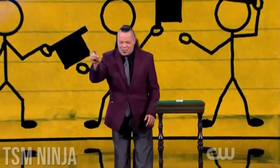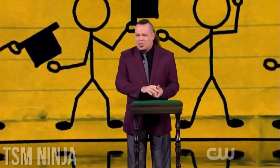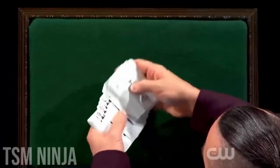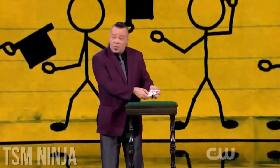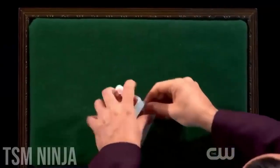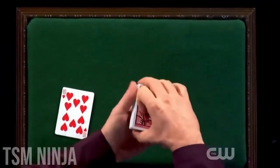Now, if I remember correctly, you've all decided on the 10 of hearts, yes? And you won't be surprised that there is, in fact, a 10 of hearts in this deck. And so I'm going to replace your imagination with something very, very real. An actual card, the 10 of hearts, so that we don't forget which one you've chosen. And now,